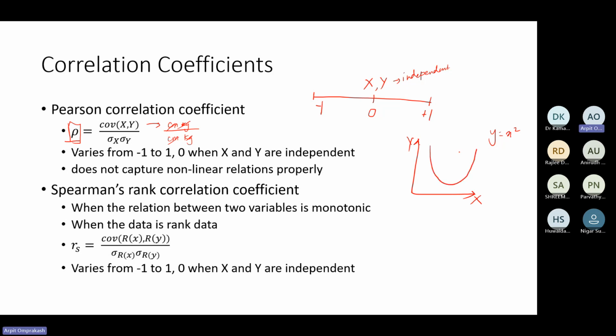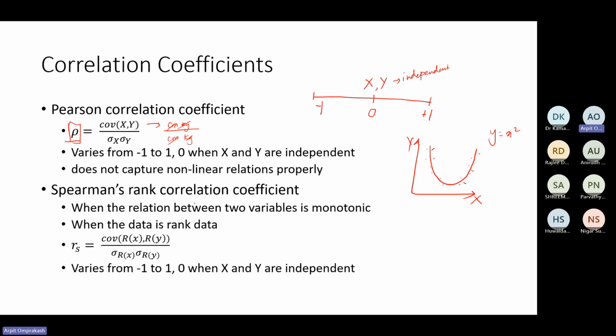So we have a plot like this, and we have points like this. Now, if you were to find the Pearson correlation of this data, it will turn out to be close to zero. However, we know that the data is correlated and there is some relationship between y and x, albeit it is not linear. So in those cases, we can use other rank-based correlation coefficients, such as the